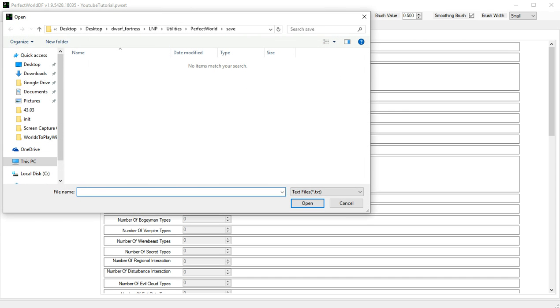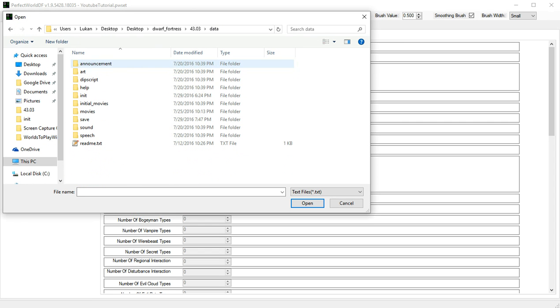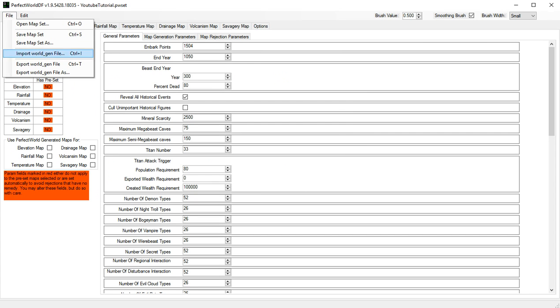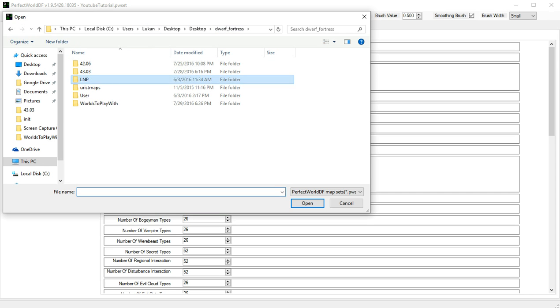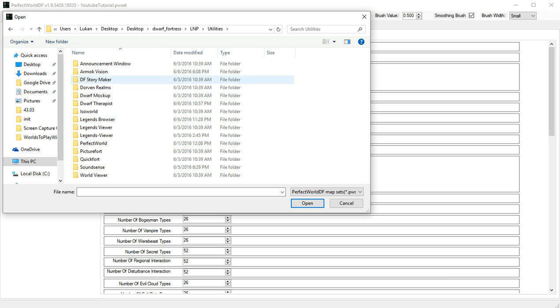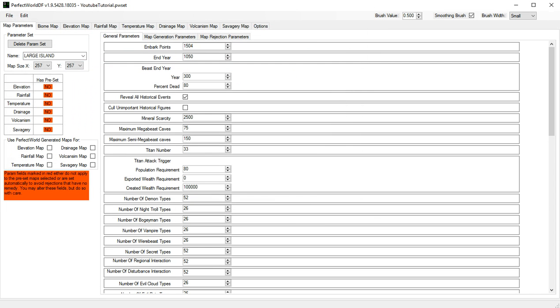Let me import in my, okay, utilities, Perfect World, data, init, world gen. File, open map set. I could be completely wrong in what it's supposed to do, in which case we can all learn about it right now. Utilities, Perfect World, save,